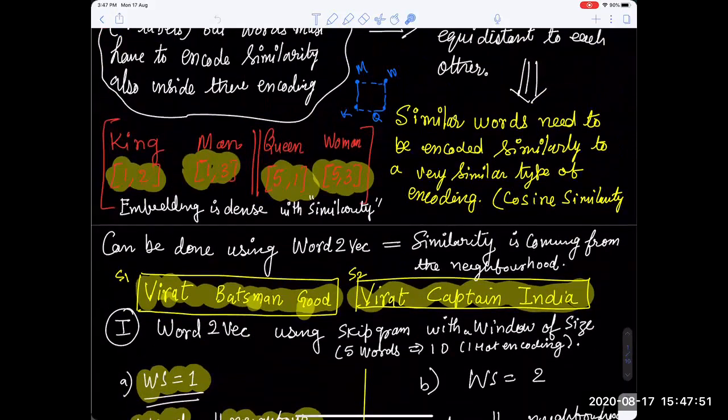This is saying that king and queen are related, man and woman are related, and the way in which king and queen are related, man and woman are also related in the same way. So yes, the doubt is whether this queen is 5,1 or 5,2? Maybe numbers may be slightly different. You can see over here. Okay. I just want to give you an example